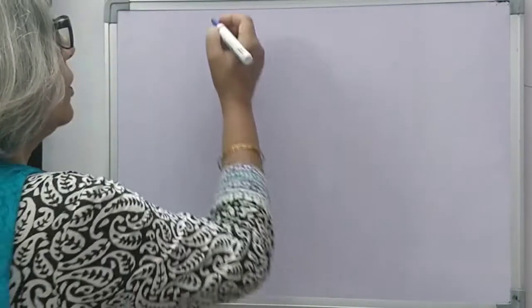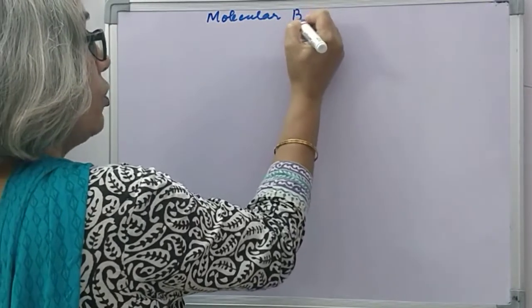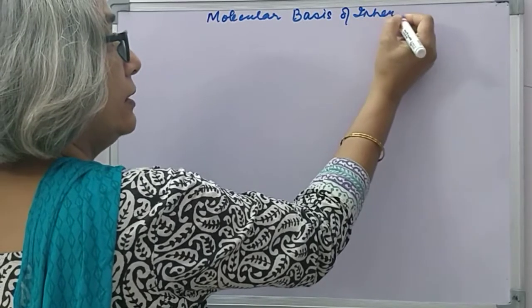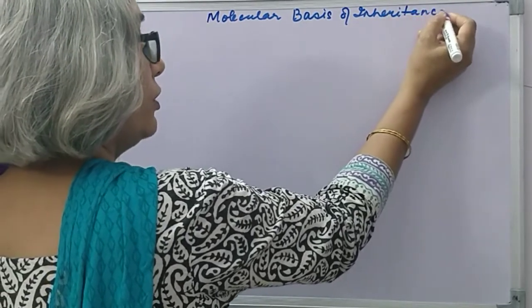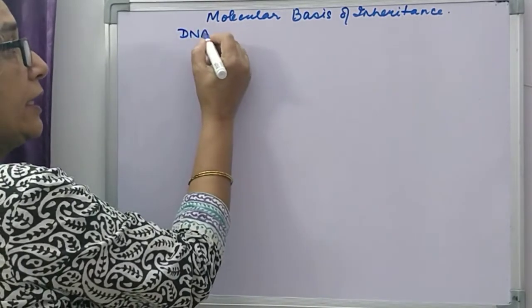We will be discussing the structure of DNA, which was proposed by Watson and Crick, and all these things will then become clear to you. Now before I move on, let us summarize what I have told you just now. The chapter is titled Molecular Basis of Inheritance, and we have proved that DNA, that is